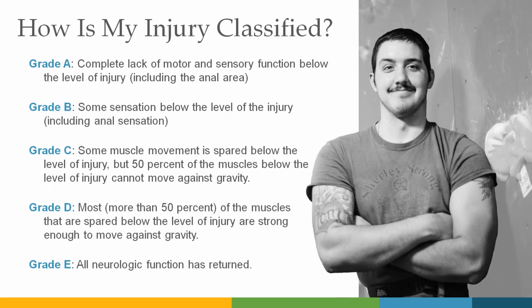So we have different classifications to define complete and incomplete. Complete is a grade A, right? That's the complete lack of movement and sensation function below the level of injury. A grade B, you're going to start getting sensation through. So again, using C7 as an example, we might have some sensation down in C8 and T1 and down into T6, T7 maybe, right? A grade C, an individual starts to get some amount of movement in addition to that